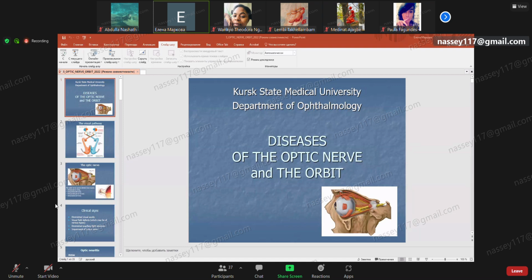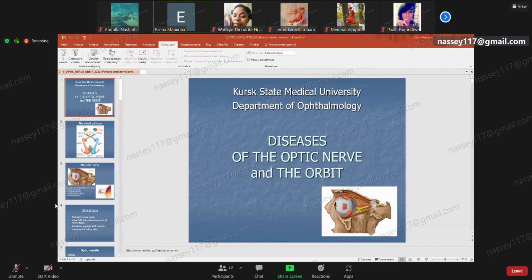Diseases of the optic nerve and orbit. Firstly, let's discuss the main pathologies of the optic nerve. As you know, from the neurology, the visual pathway consists of some structures, starting from the retina, consists of optic nerves here, optic chiasma,